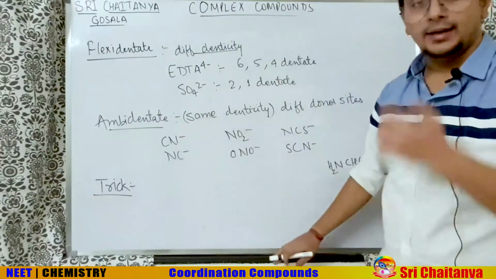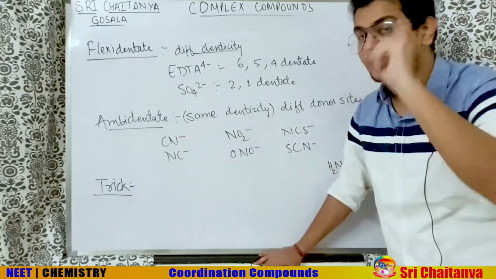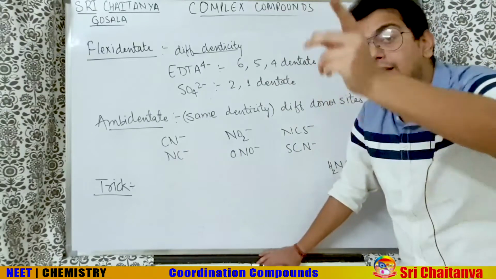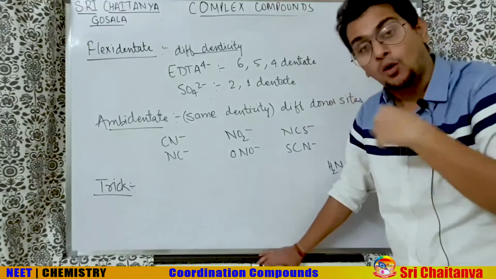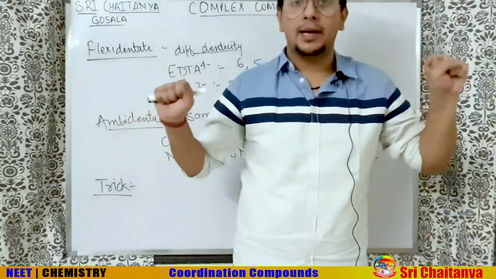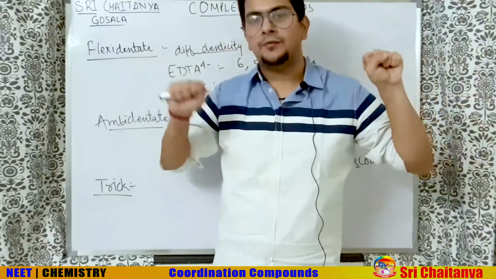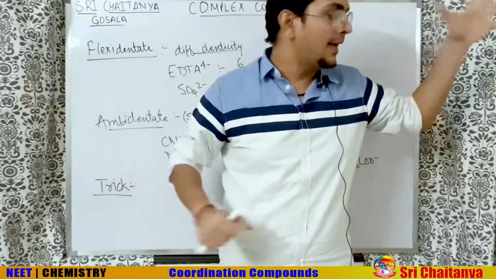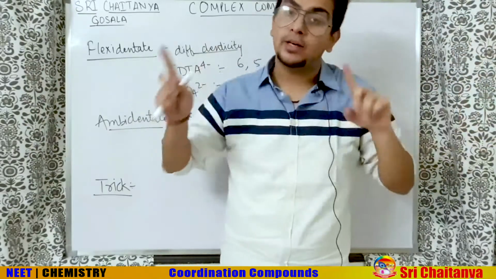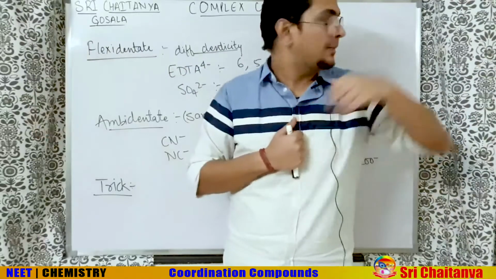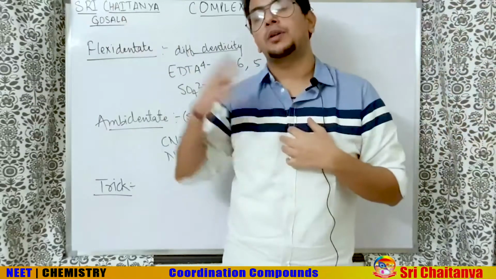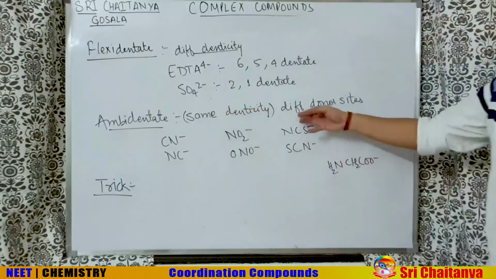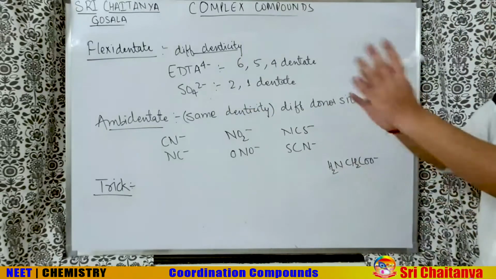Next, ambidentate. Understand, ambidentate means denticity is the same. Number of bonds which are formed are the same, but with different atoms they are forming the bond. My own different atom. For example, I am CN-. This is C, this is N. So if I join the central atom with my C, or with my N, I am showing denticity 1 only. At a time I am making 1 bond only. But sometimes I make a bond with carbon, sometimes with my nitrogen. So same denticity but different donor site. The lone pair is donated by different atoms.